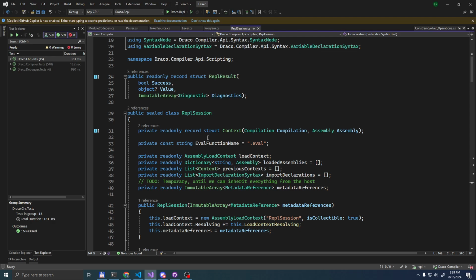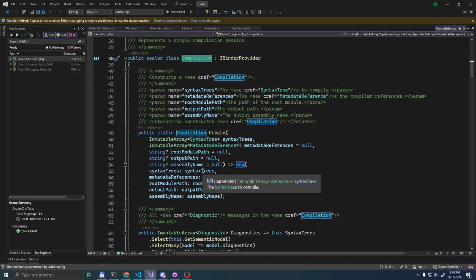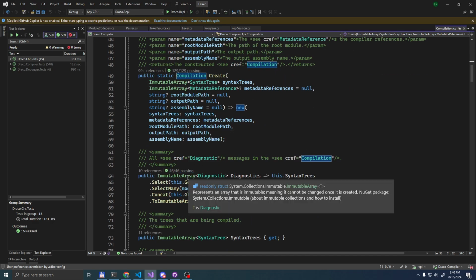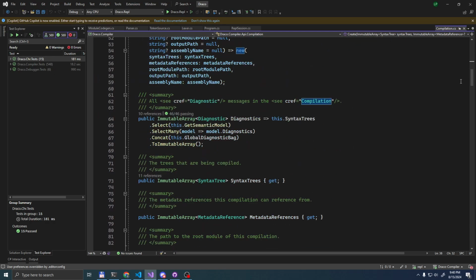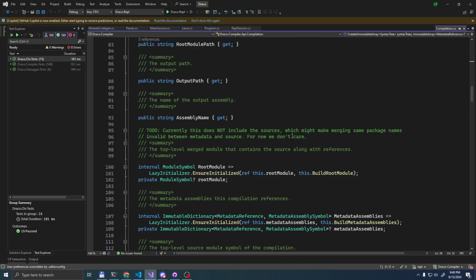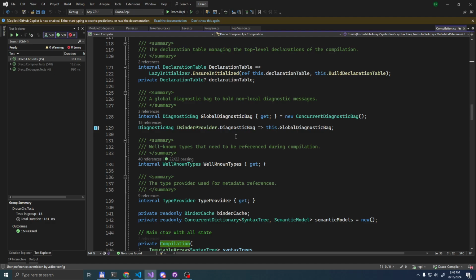So let's actually look into the compilation object, because that's obviously where we'll need to stash this. Because I believe we have the binder factory, or whatever we call that, the binder cache, and we store that in the compilation.